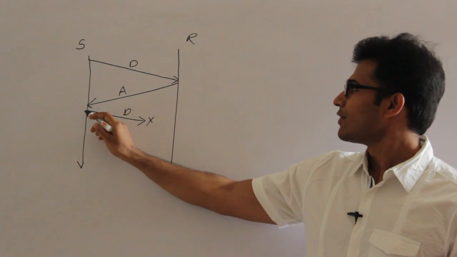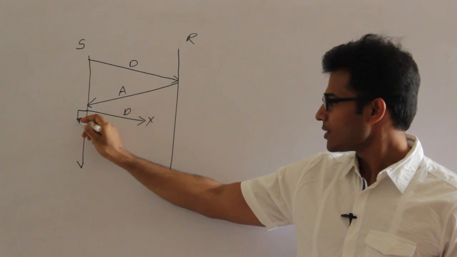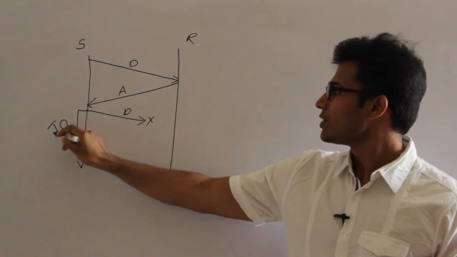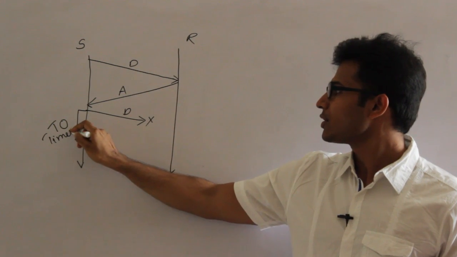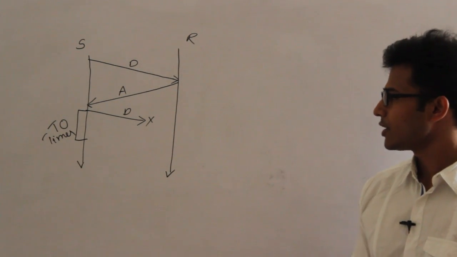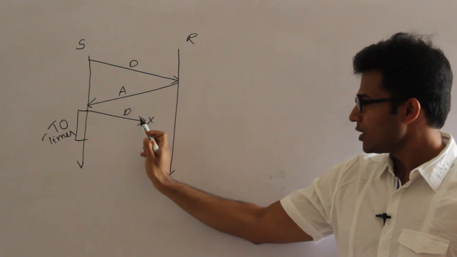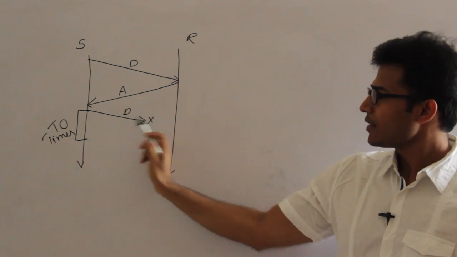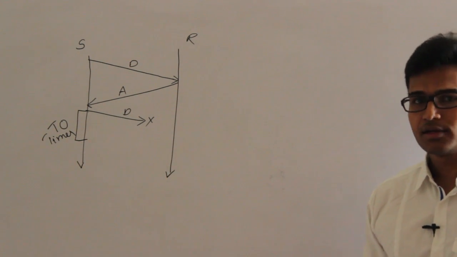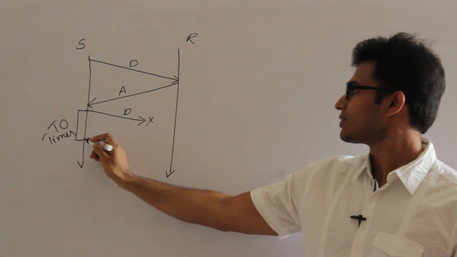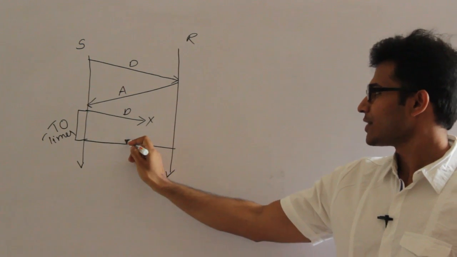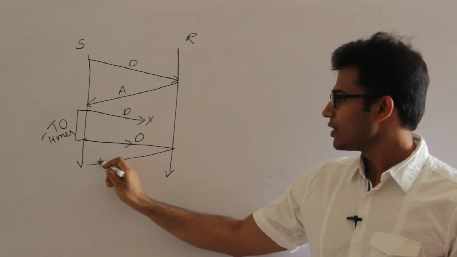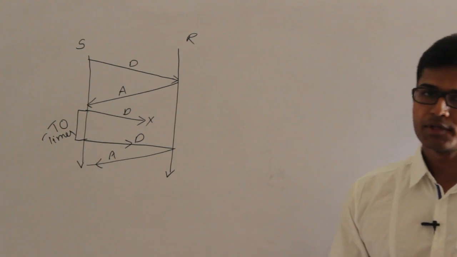Similarly here also, what you should do is wait for some time. This is called a timer, in fact, timeout timer. So have a timer called timeout timer, and after sending the data packet, you wait for some time. Within this time, if you don't get back the reply from the other side, you can assume that the data is lost and you say sorry, which is nothing but you again retransmit the data. Okay, and now you are going to get the acknowledgement and the entire procedure can happen.